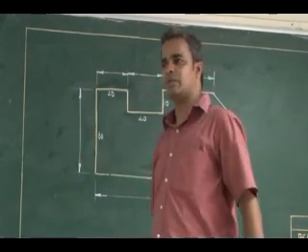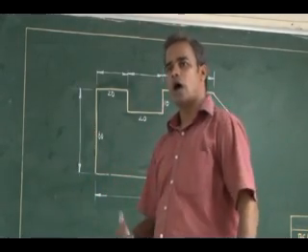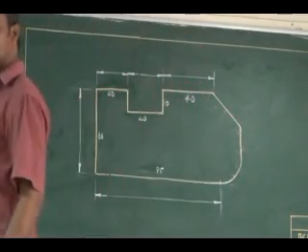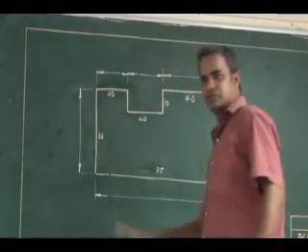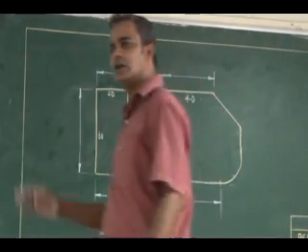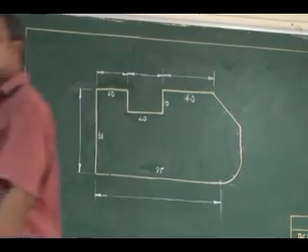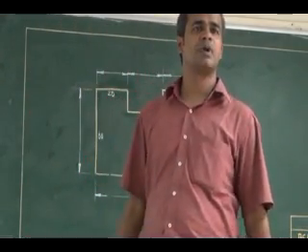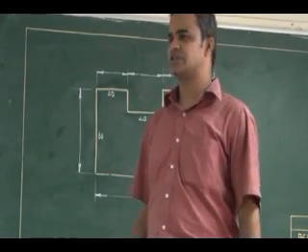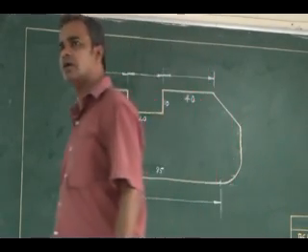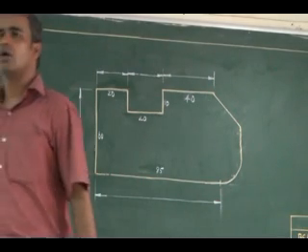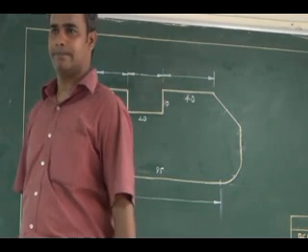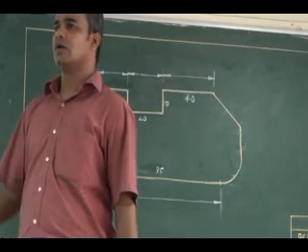The second one: place the dimensional value above the dimension line for horizontal dimensions only. Place the dimension value above the dimension line for horizontal dimensioning. Okay, third one, for